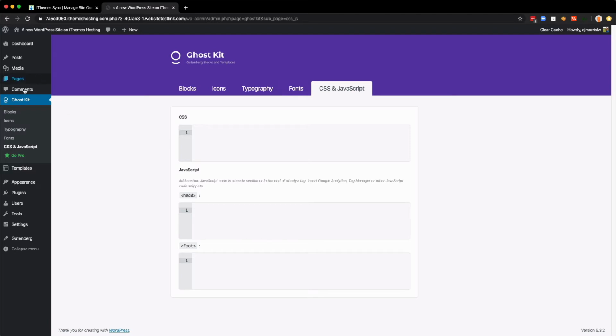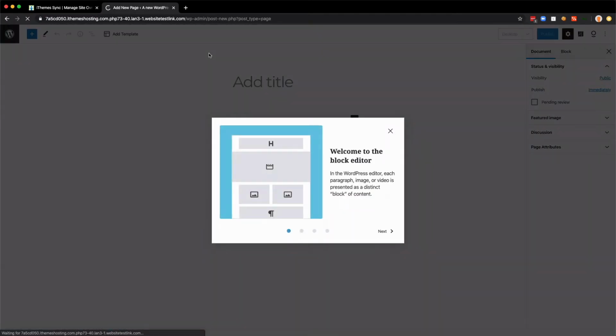All right, so that's the GhostKit menu and tab structure here, kind of giving you the back of the WP admin side of what's going on with GhostKit. Like I said, there's templates here as well. We're going to ignore that for now and come back to those in a little bit. But let's build out a page using GhostKit